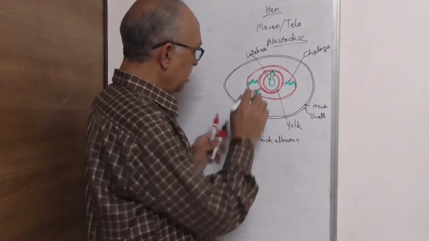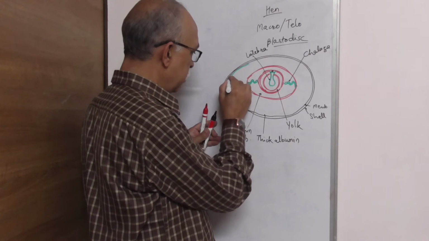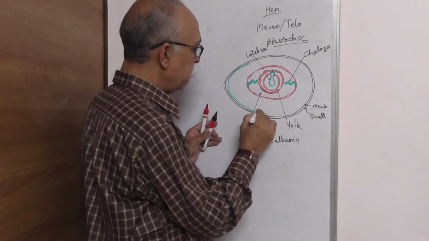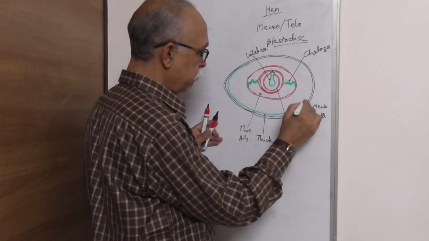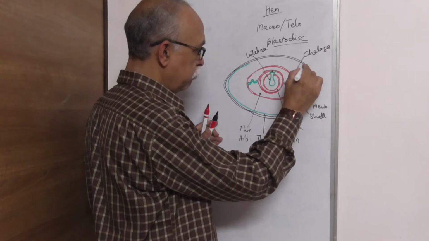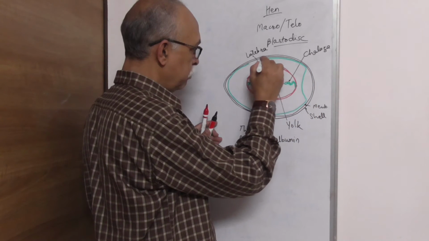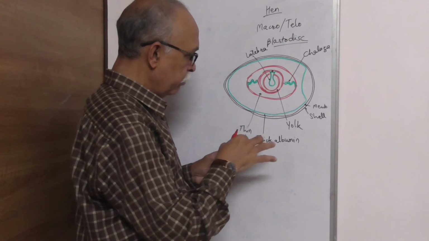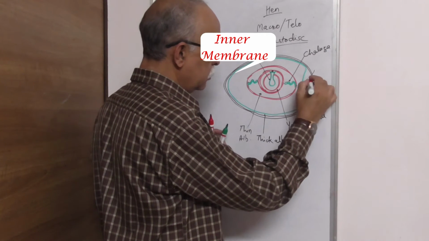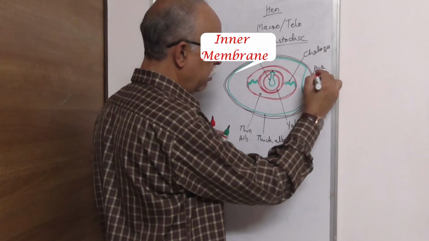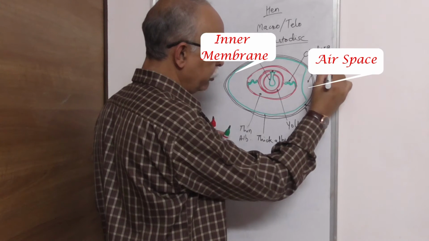Then there would be one more layer. This is the inner membrane. Here is an air space, air cavity